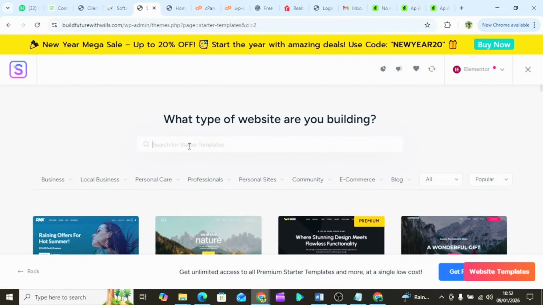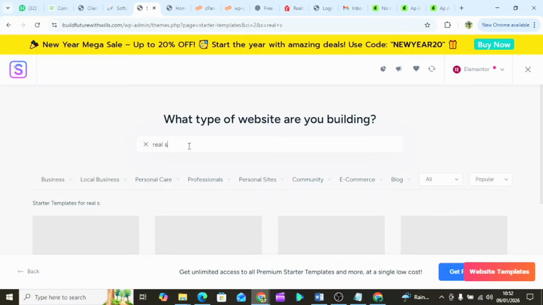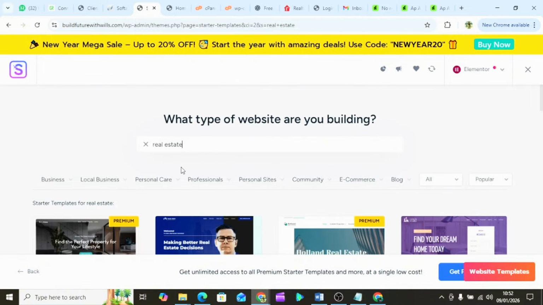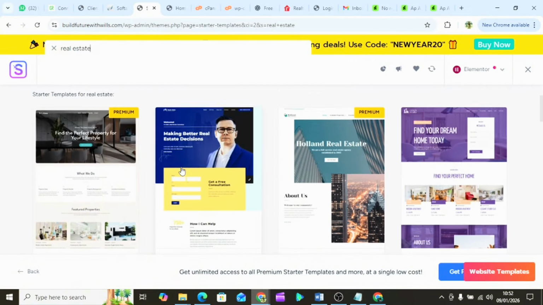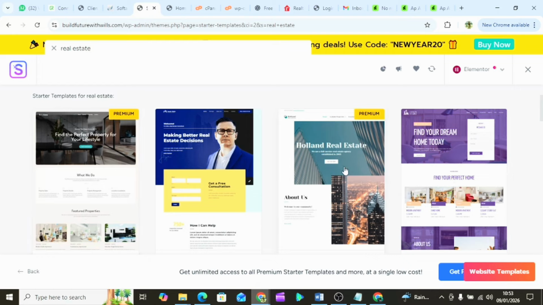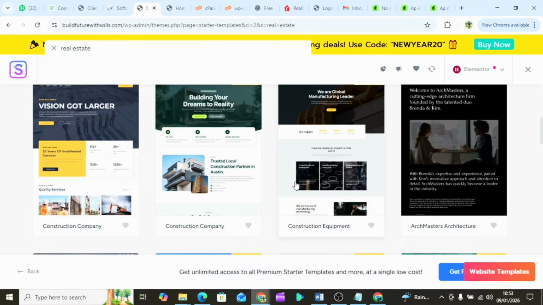All we need is something that we can use for real estate, let's say we are a real estate company or agency. So you look for which one. All these premium ones, you have to pay, but there are a whole lot of other free ones that are cool, and this is the one I decided to choose. If you see the one you want, you can choose this, or this. This one also looks cool, but let's choose this one. So clicking on this,